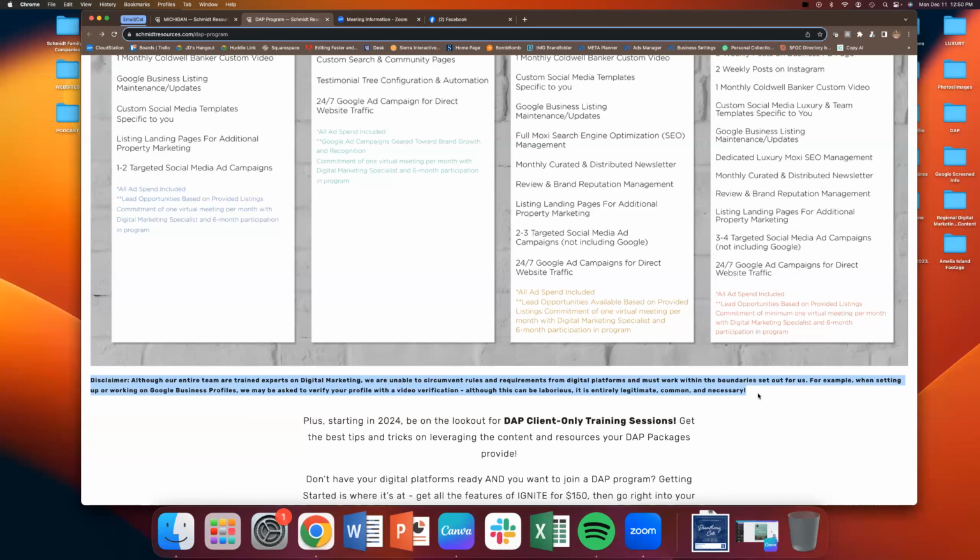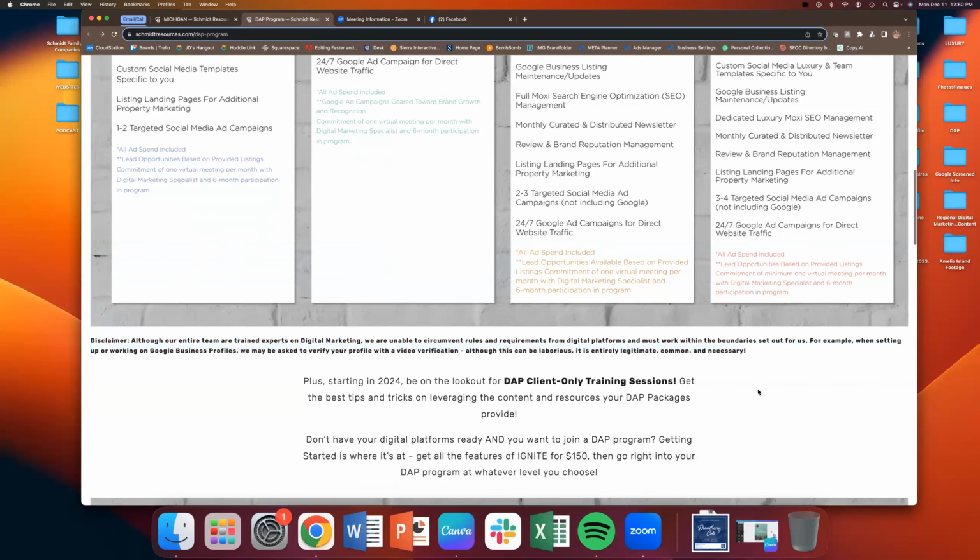We don't work for Google. So we are skilled in everything, but we can't change their rules, right? So just that disclaimer. And then another thing that we're going to start adding starting next year is DAP client